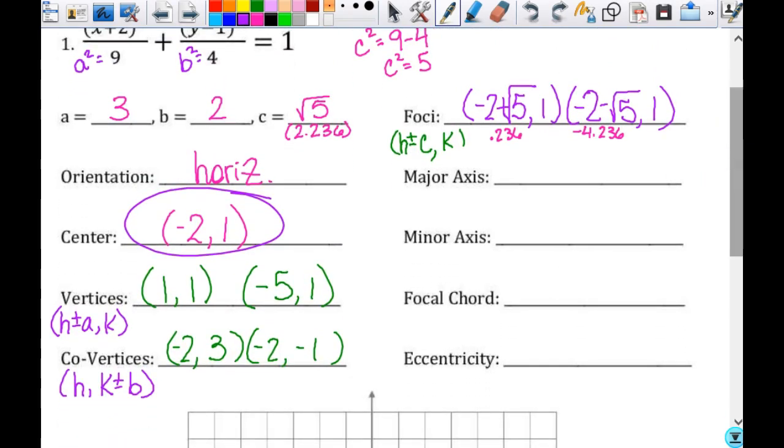All right, so major axis, that is just 2 times what? A. And minor axis is 2 times B, right? And that gives us our lengths, which we could also count off our graph, as long as the numbers were pretty. But that means my major axis is 6. My minor axis is what? 4. Which happens to match what's in the denominator, but that's just because 2 is a special kind of number, right? So to find the length of the focal chord, we could,